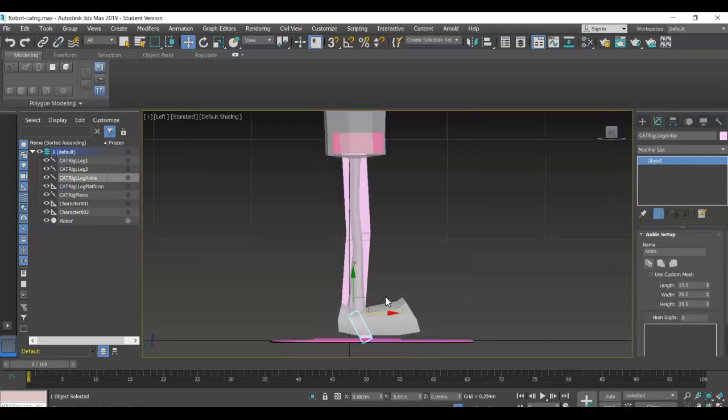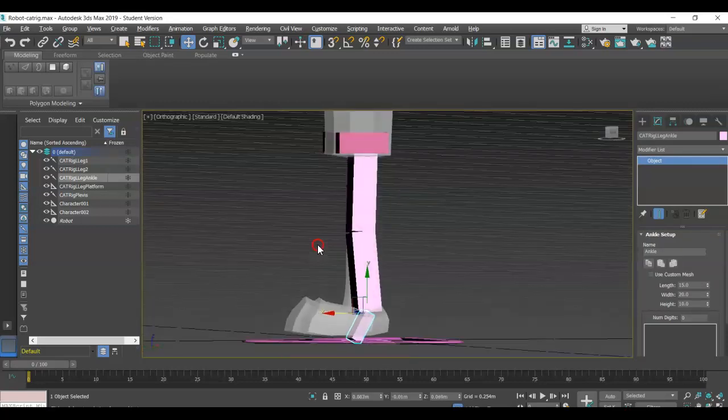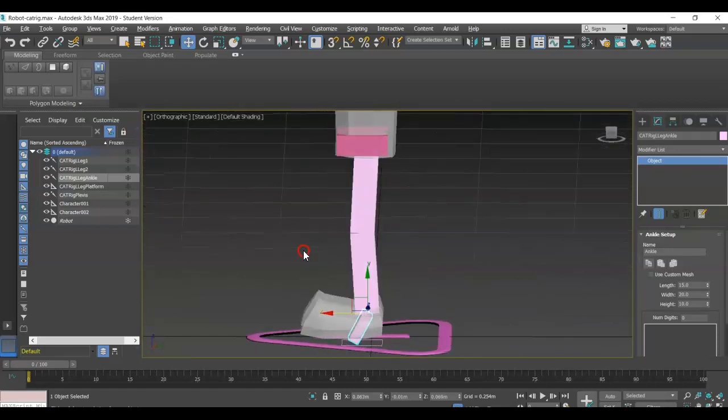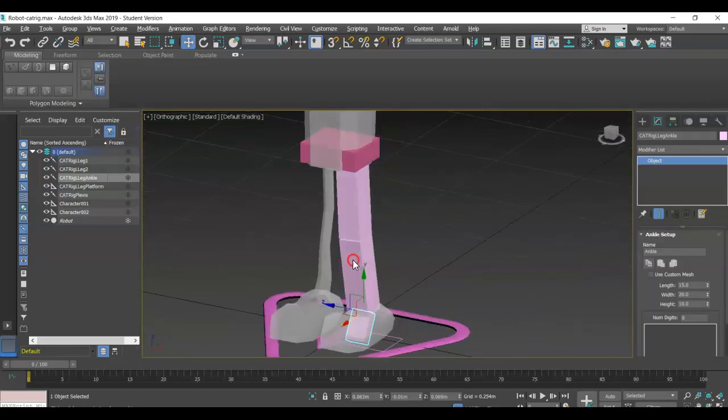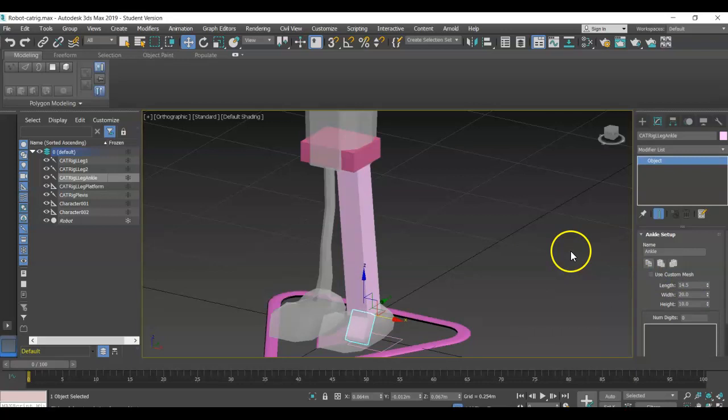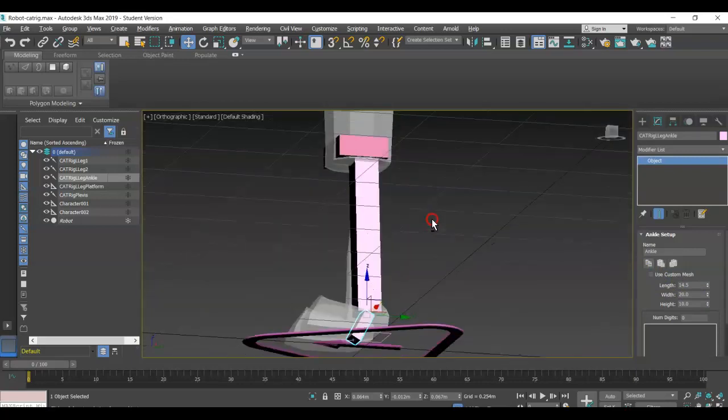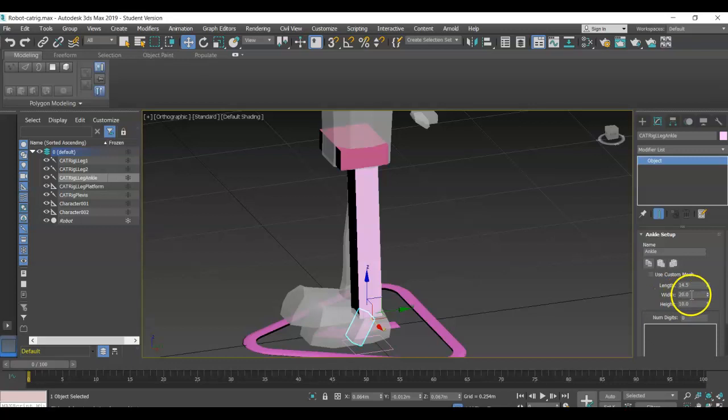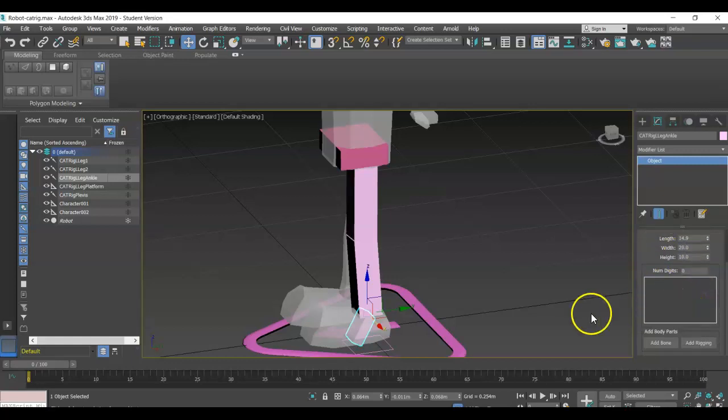Alright, so I think that's pretty good for the leg size. Alright, so the next step is I want to change the length of that ankle just a little. Well, I don't want to mess it up necessarily. I'll leave it a little. You want the leg to have just a little tiny bend, but not much. There we go. Okay. So the next thing you're going to add,